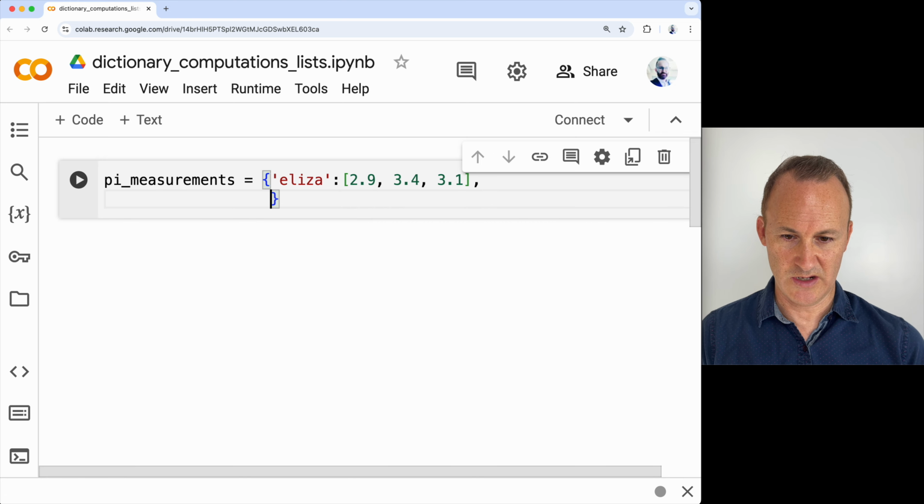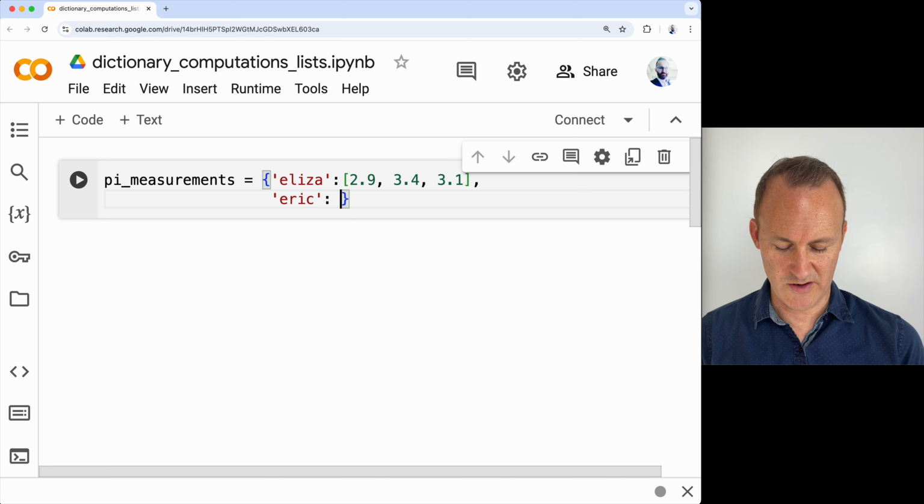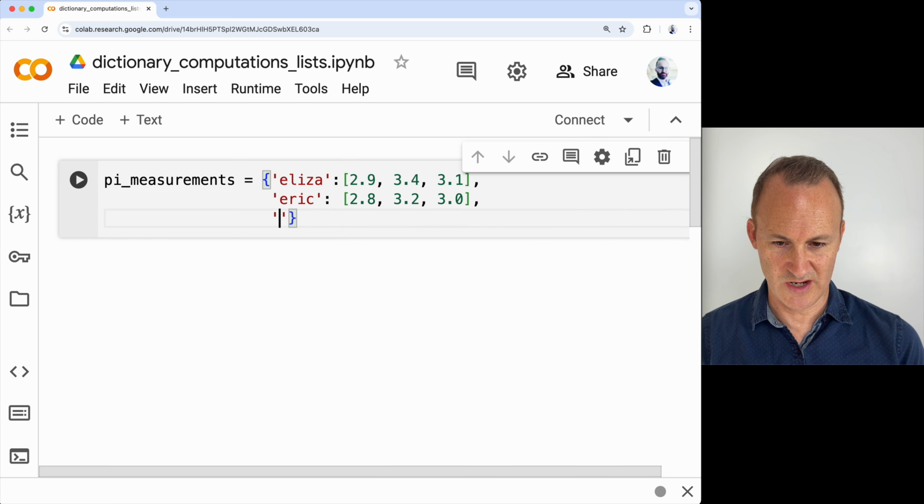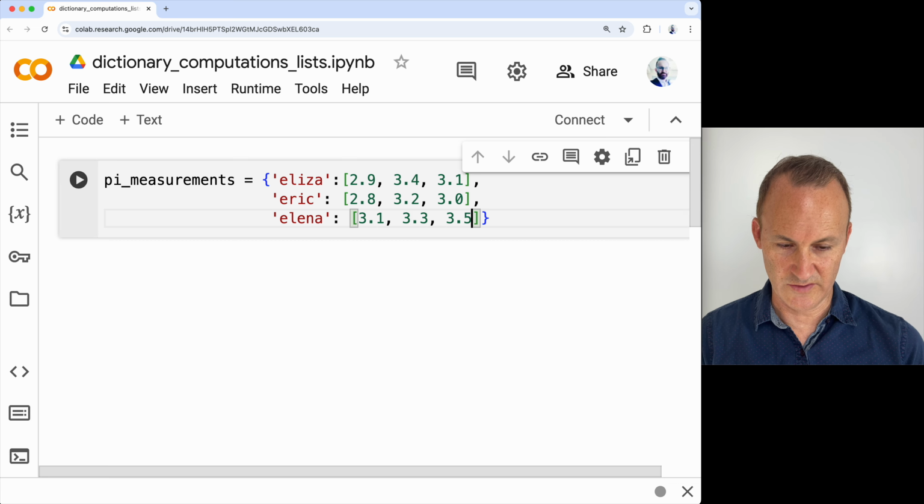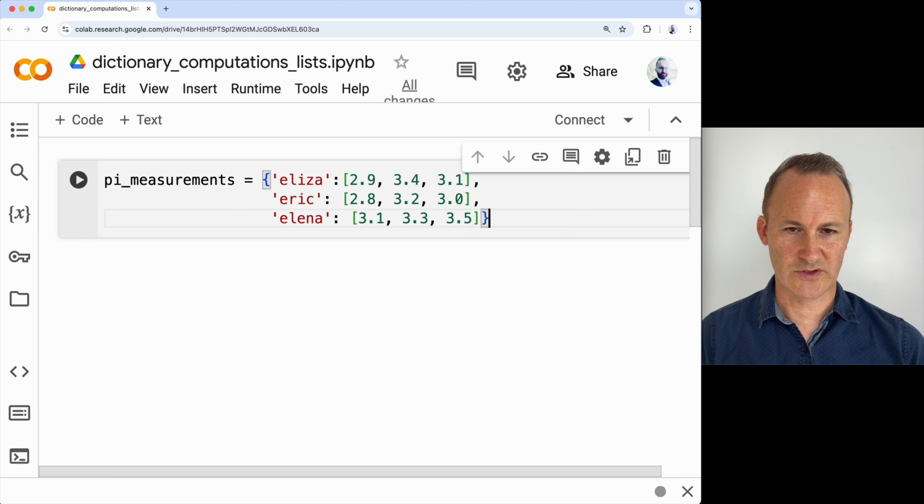So put a comma in and now do the next one. So say I've got Eric here. Now Eric measures 3 circles and Eric gets 2.8, 3.2, and 3.0. It's rounding to 1 decimal place here. And finally we have Elena. And Elena gets 3.1, 3.3, and 3.5. Okay, so there we have several measurements where students are doing real measurements and getting hopefully close